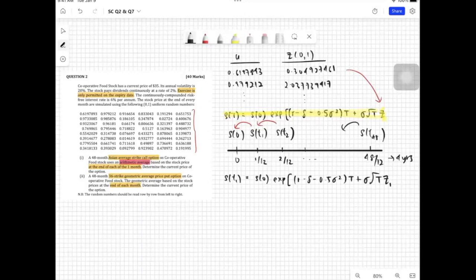I will label this number here as Z1, as it is the first number we will be using to generate our stock price ST1, and this will be Z2, where we will be generating ST2 based on ST1 exponential plus sigma T Z2. Once we've generated all the numbers up until ST48,